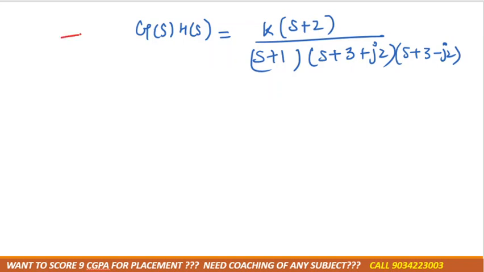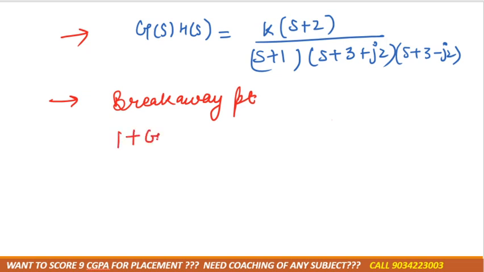We have to draw the root locus. Up to the breakaway point you won't get stuck anywhere, the steps are the same, but see how we can calculate the breakaway point. As I told you, the formula for the breakaway point is 1 plus G(s)H(s)